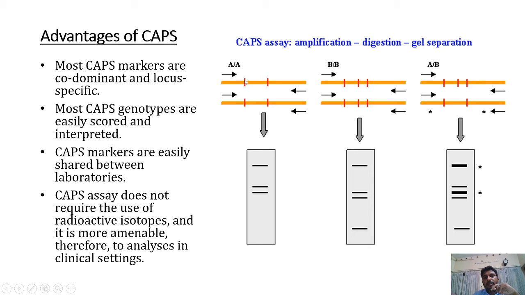So in that particular gene region, the A allele has two restriction sites, one here and another here. So altogether you can expect three bands in the gel: one for this region, another for this region, and the other for this region. And in the case of homozygous B, allele B has three restriction sites. So you can expect 1, 2, 3 and 4 bands in the gel.